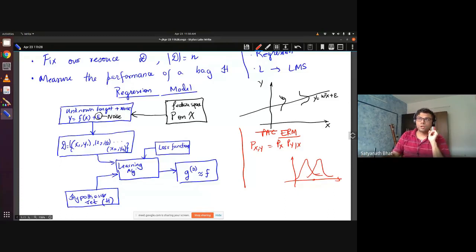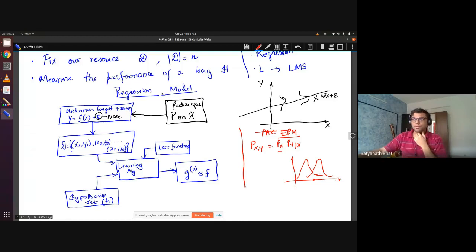Here, the noise is coming in as an additional disturbance on the true target. This is what we would like to learn, but the epsilon can actually deviate from f of x. So that makes our problem a little more complicated. Other than that, the probability on the feature space continues to hold. So is the learning model clear? This is nothing new. You have already seen this.